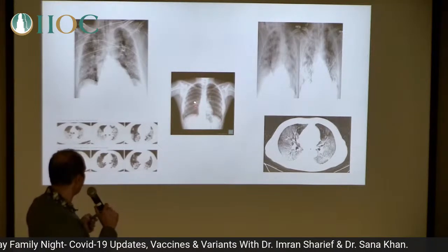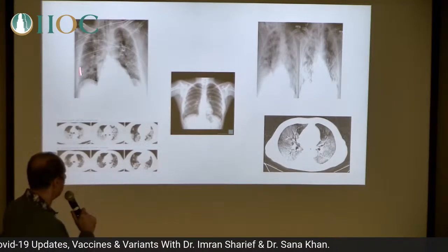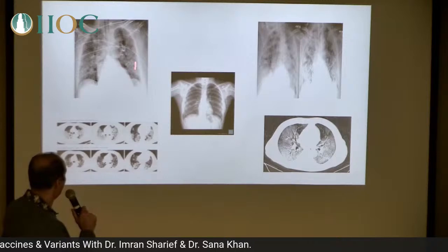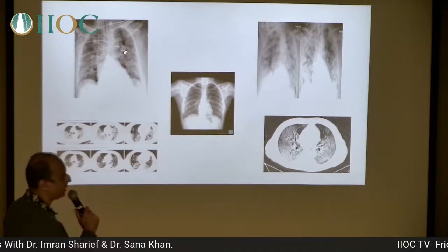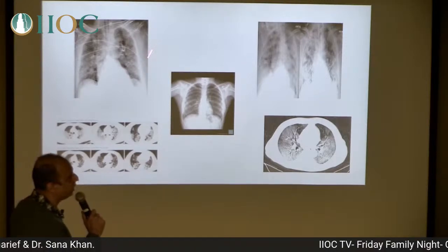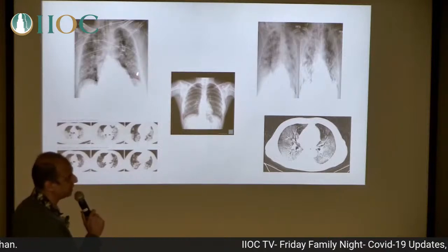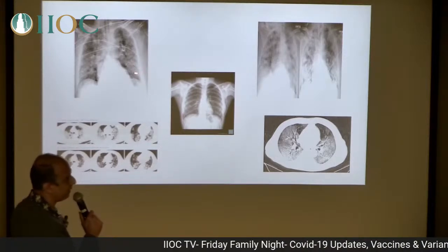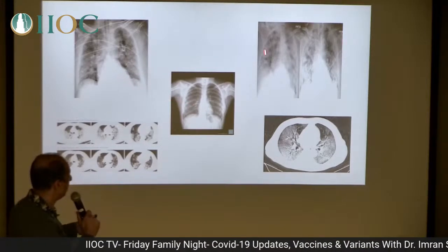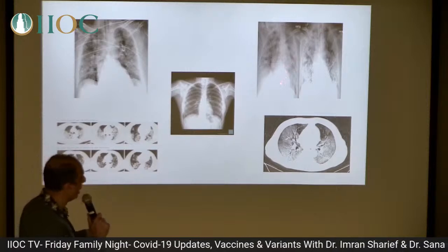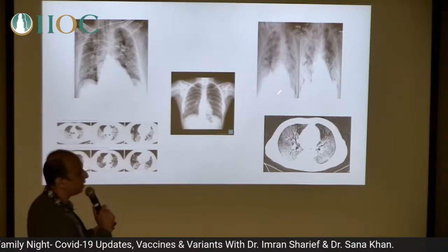So this is a normal X-ray, and this is what happened in patients with COVID-19. As you can see, it's that white fluffy stuff. So the lung is getting damaged. There's fluid getting into the lung because of inflammation and all the cells which are migrating towards the lung. And this is another worst case of lung getting damaged, and this is what we call ARDS.